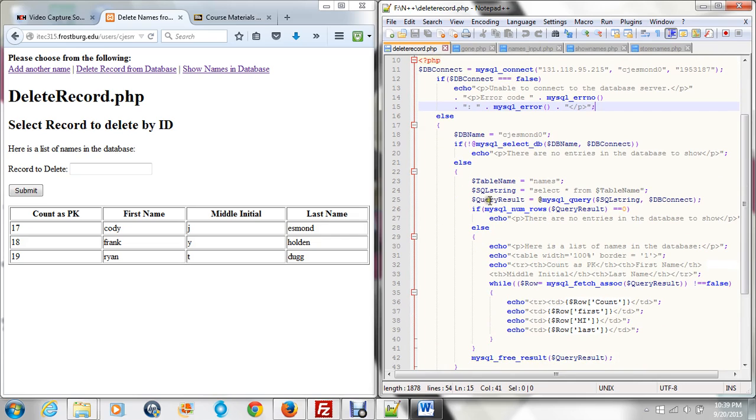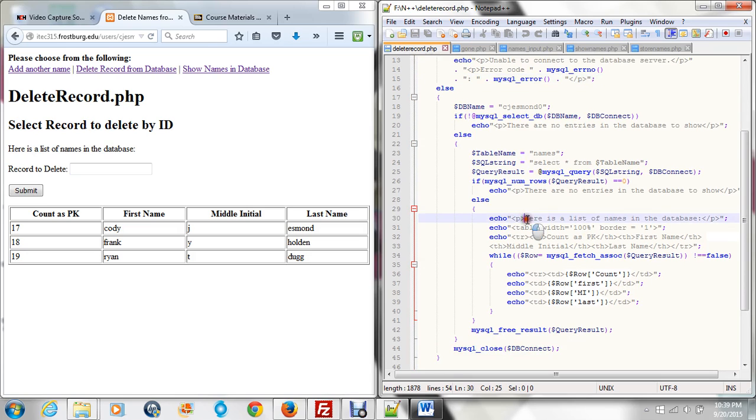Now, to delete a record, we will select one from the table name, which is just, here's a list of names in the database, select one to delete, and here we go, right there. And this only shows up if there are 0 names in the column or in the database, so we are unable to show a